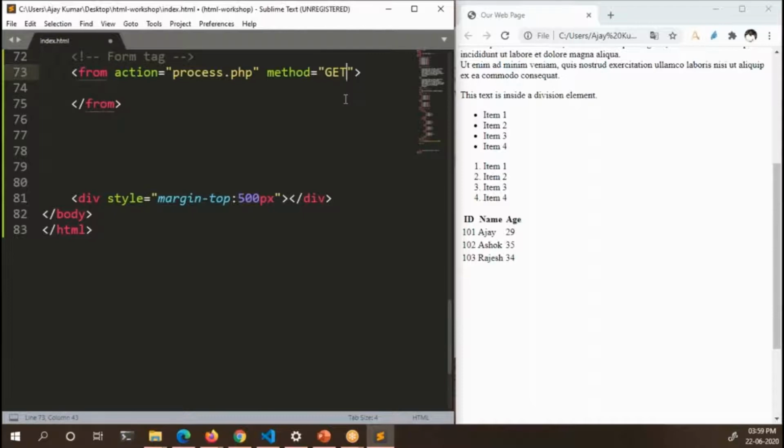Put and delete, obviously you can understand. If you want to delete something, for example, there is an employee record in the database, and upon entering the employee ID and pressing the delete button, you're asking the server to delete the employee record having this particular ID, right? Another method is put, which generally is used to update something on the server side. You will learn more about action and method when you are dealing with PHP. For now, I'm just removing those two.